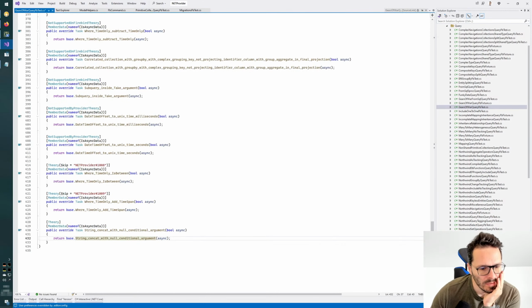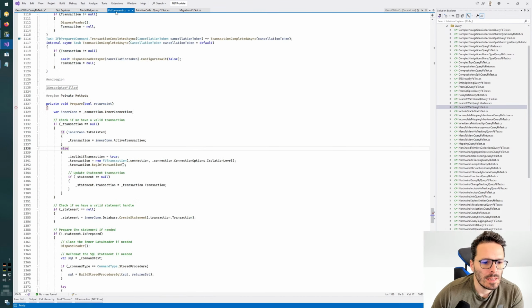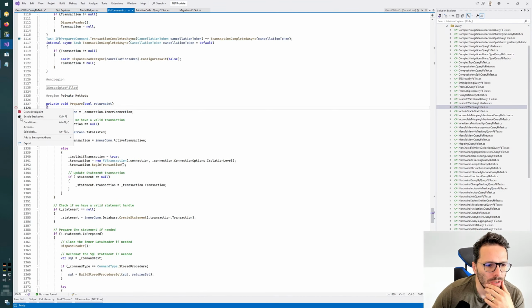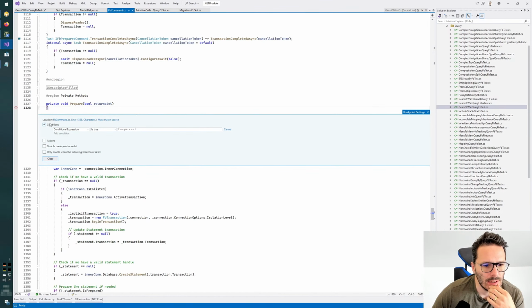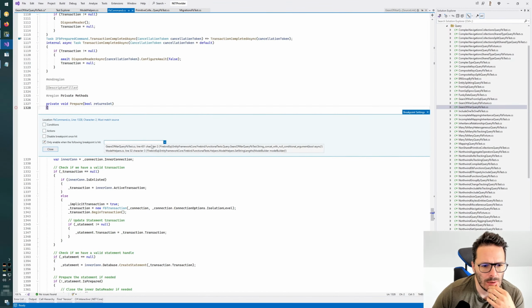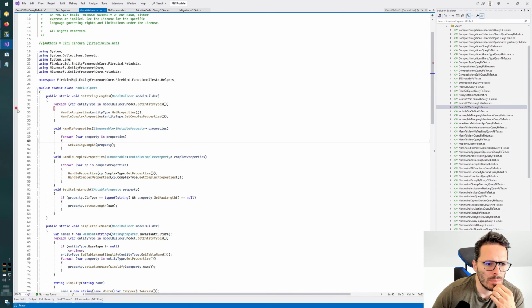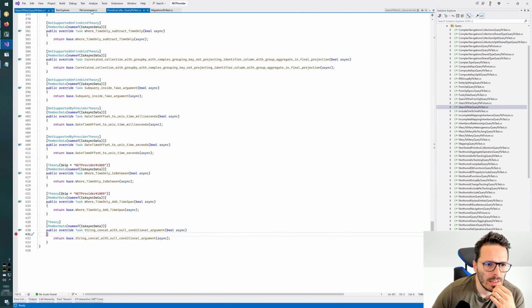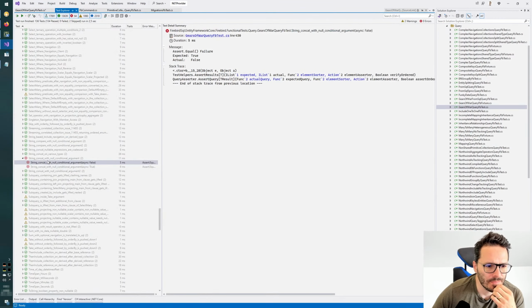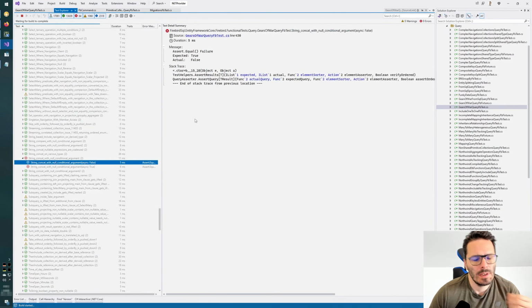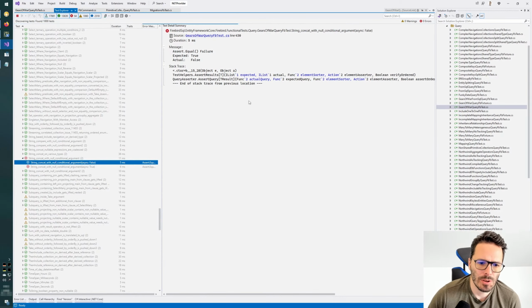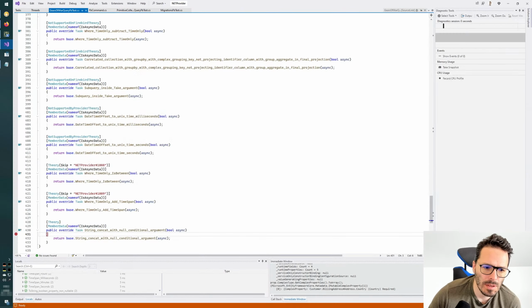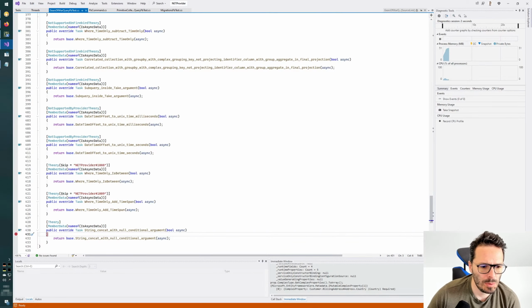So it could be that we have the same issue as last time, which was, let's remove this one and close it. And that is the sorting, because the name could be